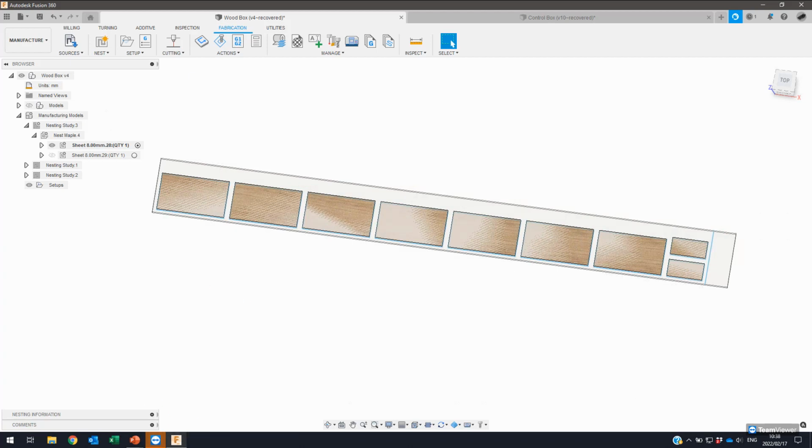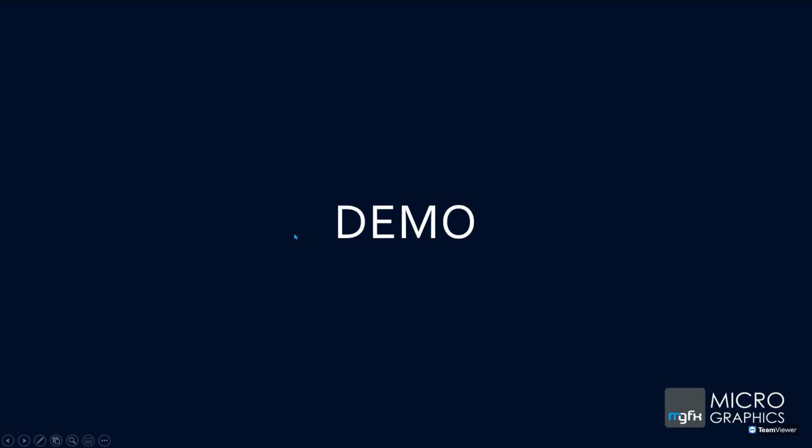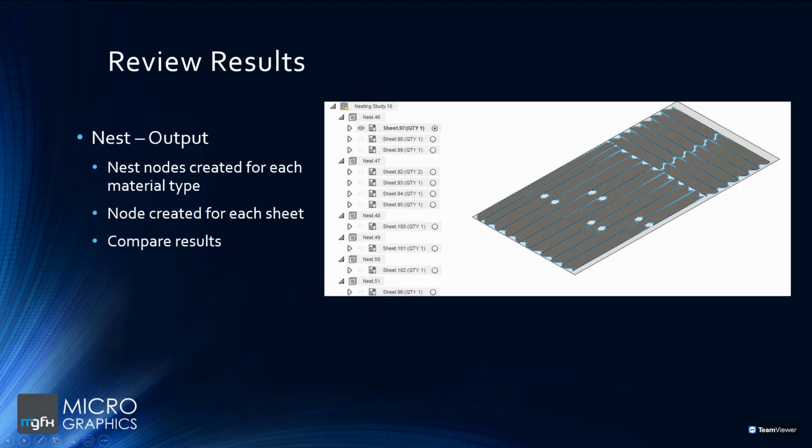Okay, so let's have a look back at our presentation. How do we interpret and review the results from our nesting, from that nest study? So the results, our outputs that we get, we essentially get a nesting node that is created for each material type. So in the example on the right-hand side here, we see